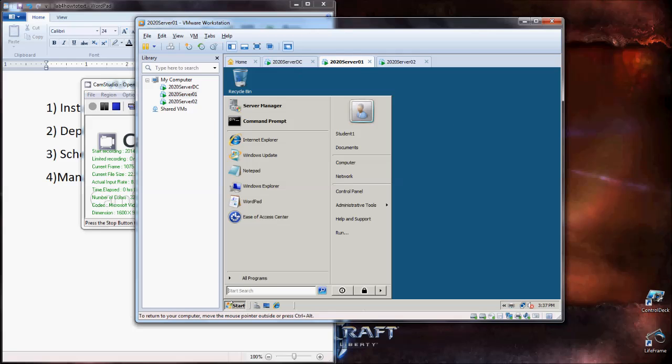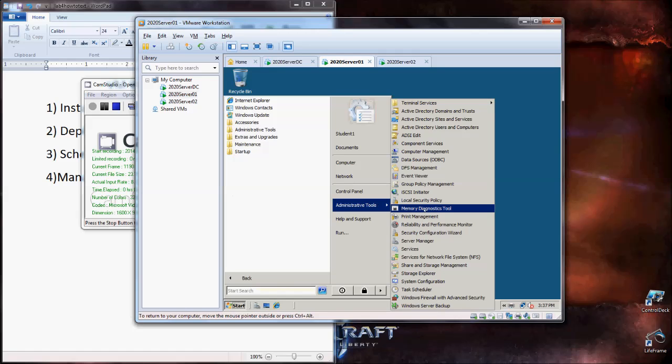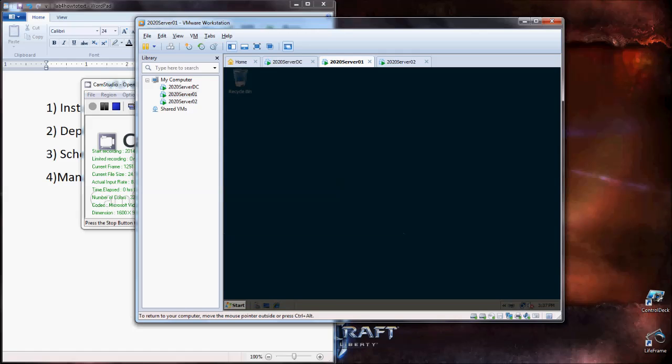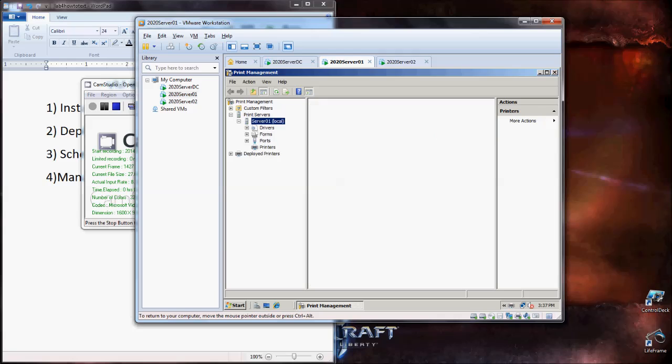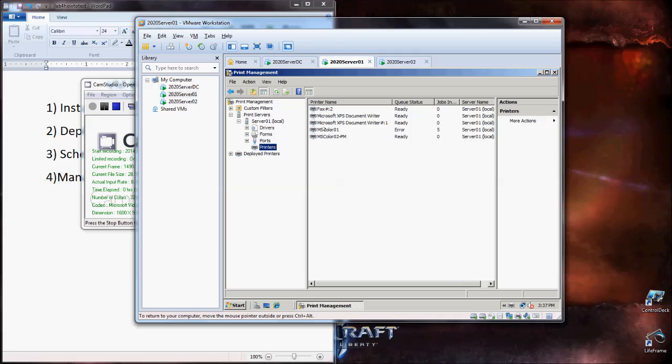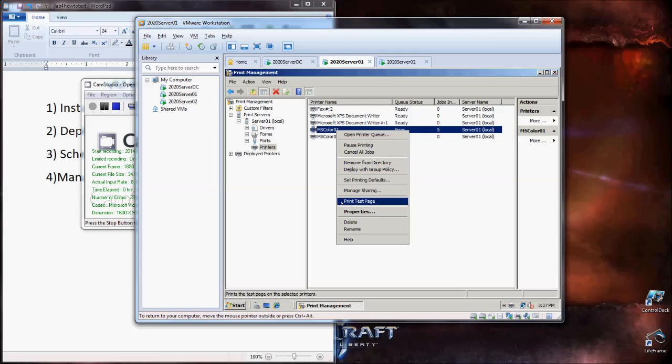We're going to go to our print management screen, Start, All, Administrative Tools, Print Management, and then once again expand your print servers node, and then expand the local server node. Click on printers. You can see here in the middle pane our MS Color 01, the queue status says error, jobs in the queue is 5, and it shows the server name. Go ahead and right click on that,